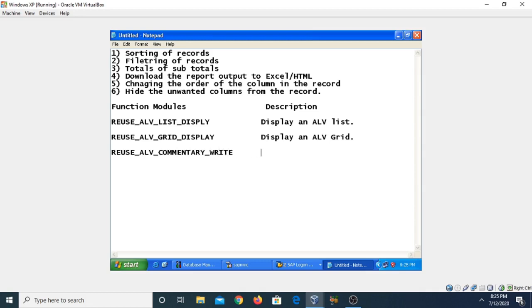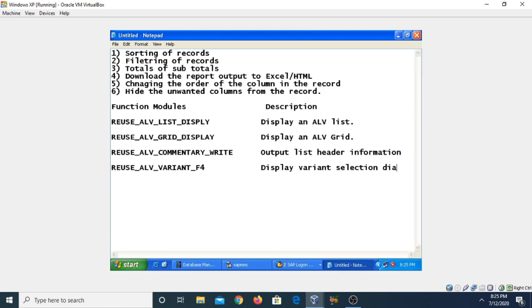By this function module you can display the output list header information. That means if you want to display the header information of a particular list, you can display it using this one. Another is REUSE_ALV_VARIANT_F4. With it you can display the variant selection dialog box.